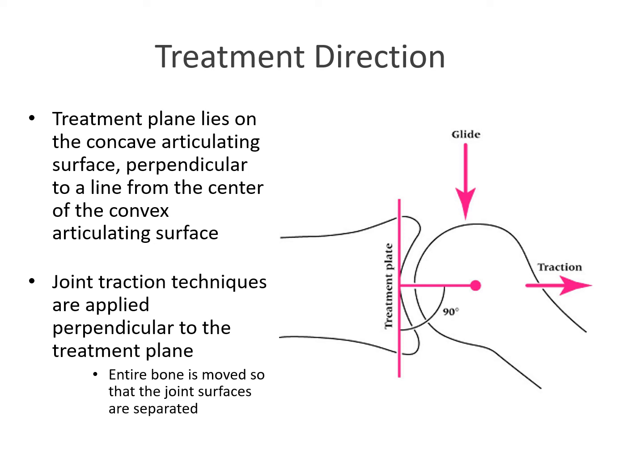So just see the other arrow, the glide one. You are giving the glide perpendicular to the convex surface, or you can also say that you are giving the glide parallel to the treatment plane. Either way is correct. If you find it easier that I am giving glide perpendicular to the convex surface, that is also right. If you understand the treatment plane, then you are giving glide parallel to the treatment plane. So this is the direction of the glide.